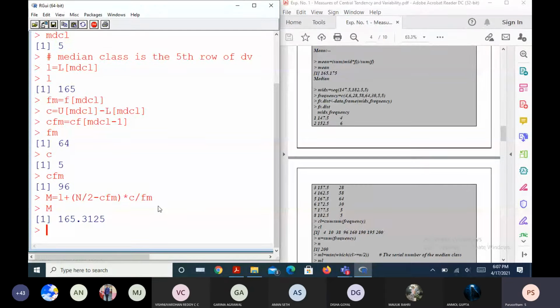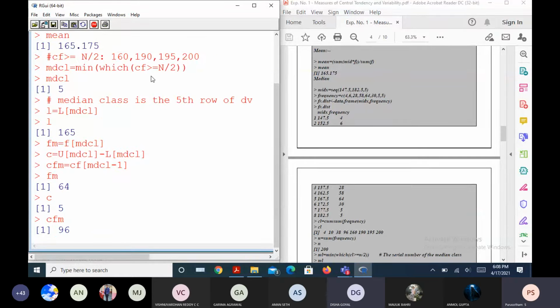If you know how to find the median, can you use the same steps to find Q1, Q2? You can use these steps, right? In order to get Q1, we take the minimum of which CF is greater than or equal to n by 4, right? Then the remaining lines are the same.